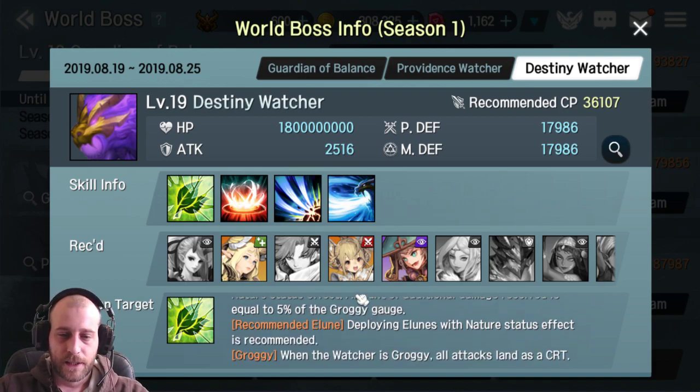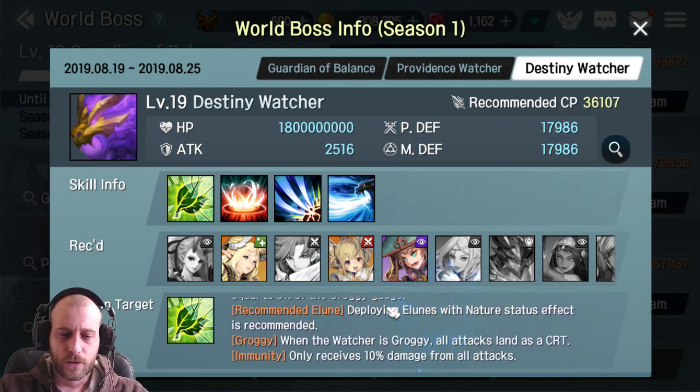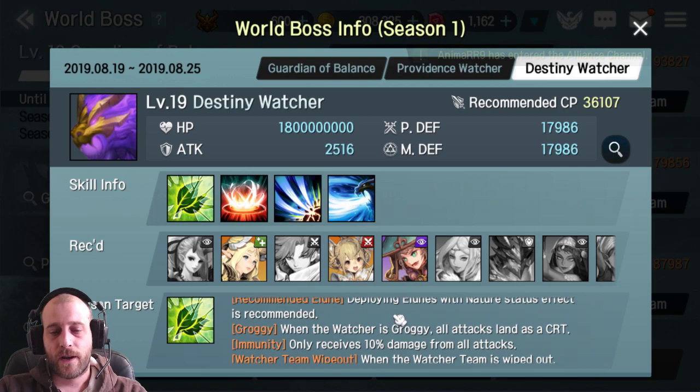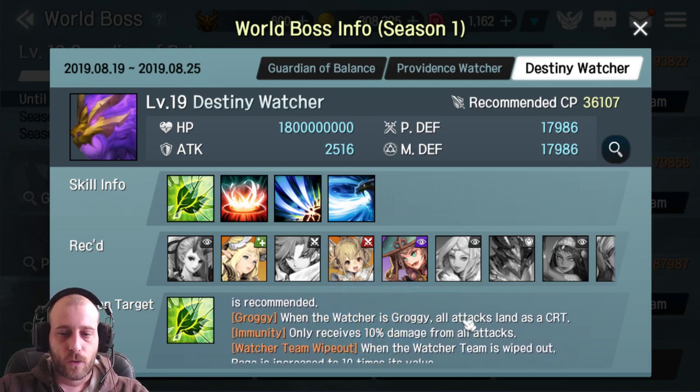Here, as you can see, deploying Elunes with nature status effects is recommended, because if you give him nature effects, you can read all the nature effects. I will show you a little bit later. Then he will go into a groggy state, and then he will only receive crit. But it doesn't really matter on the watchers, so on these beasts on the side,